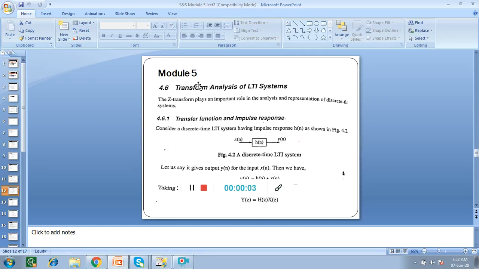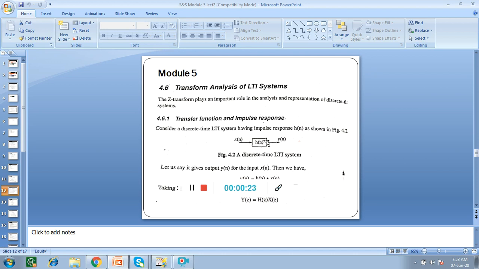Module 5 is the transform analysis of LTI systems. The Z transform plays an important role in analysis of discrete time systems. For the transfer function of a system, let's say x of n is the input and y of n is the